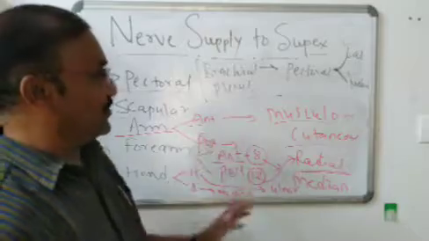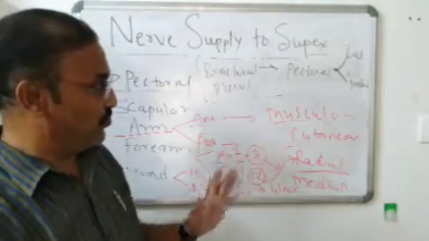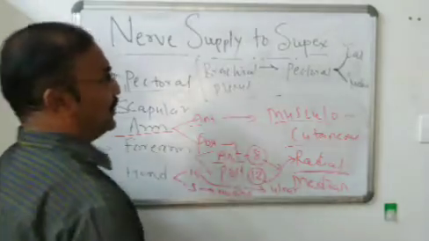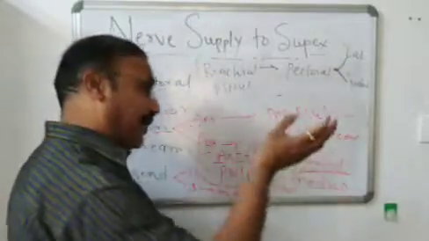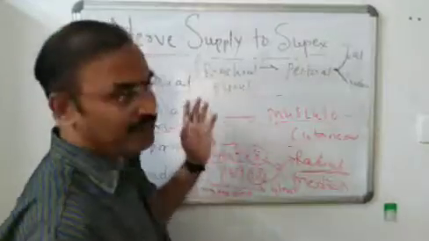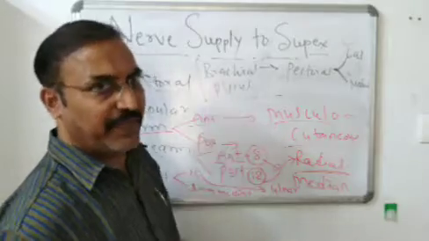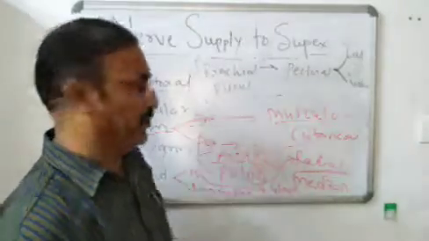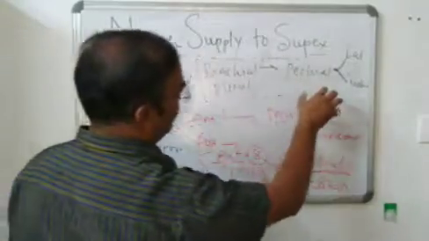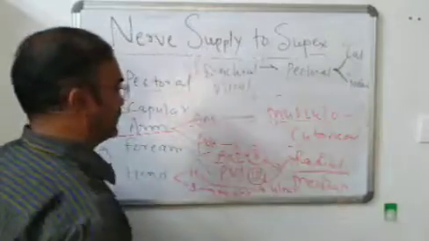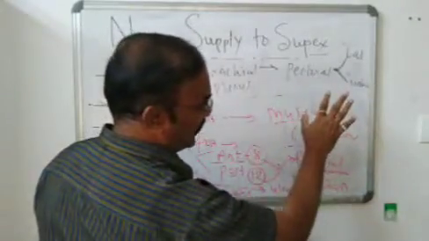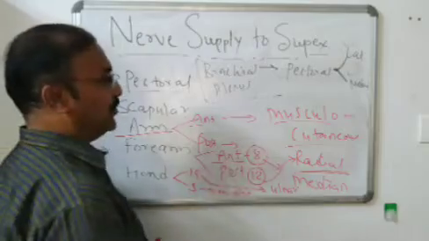So this is regarding the nerve supply to the superior extremity. The pectoral nerves are two in number, lateral and medial pectoral nerves. Other branches are also present, the nerve to subclavius and the nerve to serratus anterior. Again, these are branches of the brachial plexus, which we study in a particular region. But the main nerves here are the pectoral nerves, two in number, supplying pectoralis major and minor. Then the upper and lower subscapular nerves supply the scapular region.